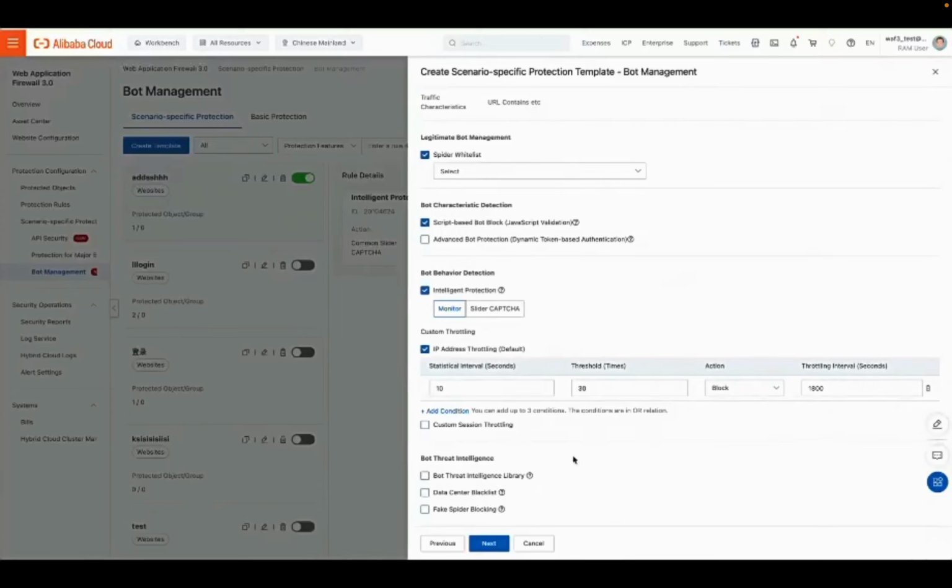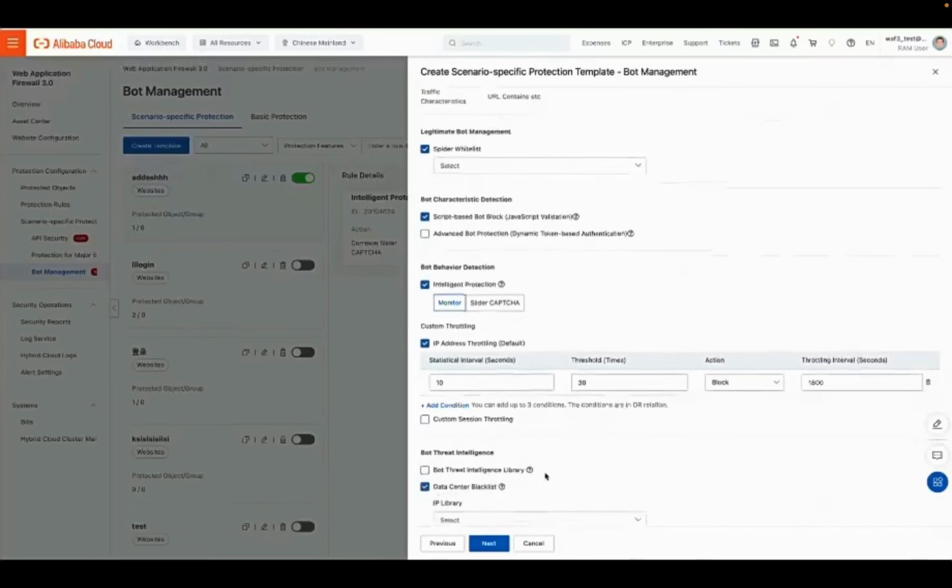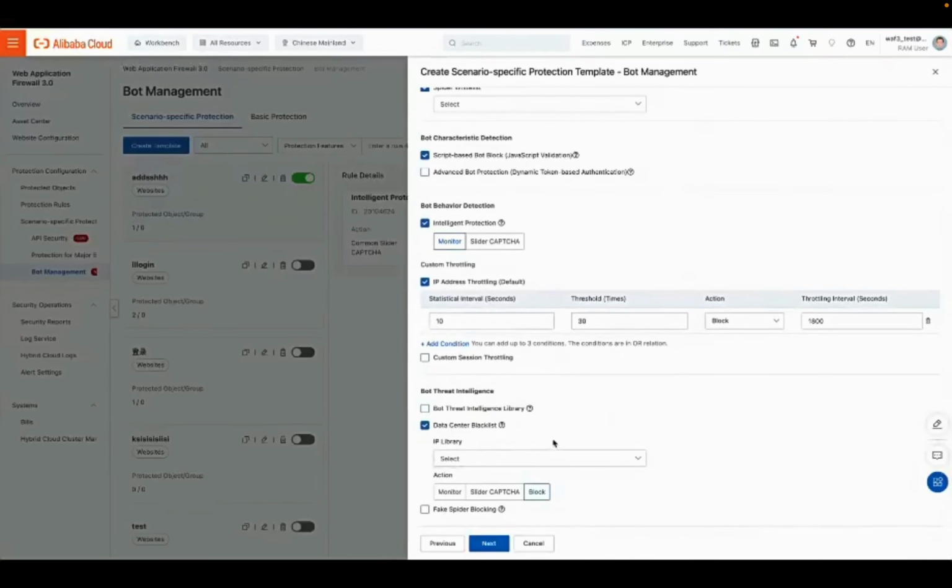Data center block lists here. It's for normal users. Do not use IP addresses of data centers or public IP addresses to access services. If you enable this feature, make sure that you add valid IP addresses to a whitelist. The IP addresses can be the callback IP addresses of Alipay and WeChat Pay, or the IP addresses of monitoring programs. And for the fixed spider blocking,